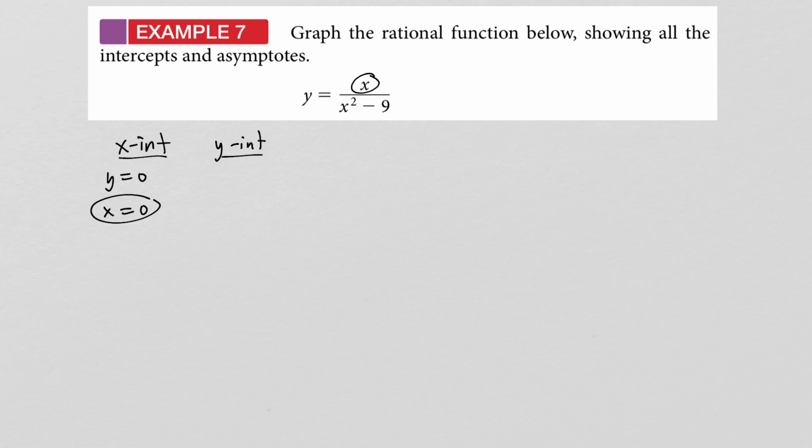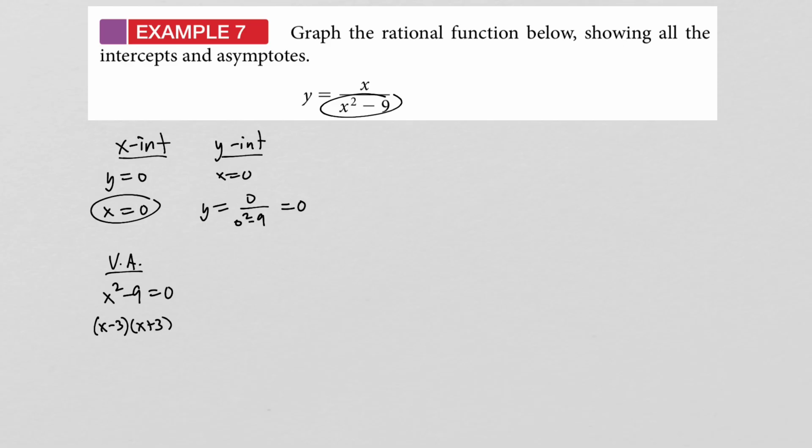For the y-intercept, we let x equal 0. Y is going to be 0 divided by 0 squared minus 9, which is 0. For the vertical asymptote, we're going to take the denominator here, which is x squared minus 9. Let's set that equal to 0. Now you can do this two ways. If I factor, I get this, and I can see the solutions are x equals 3 and also x equals